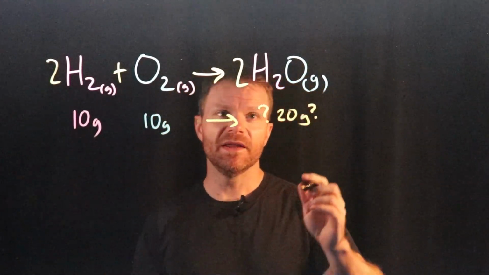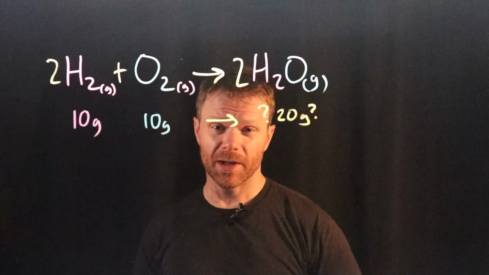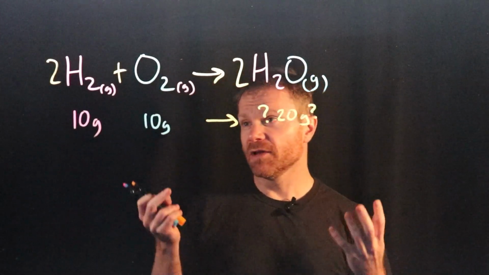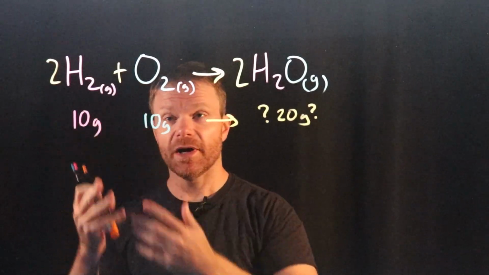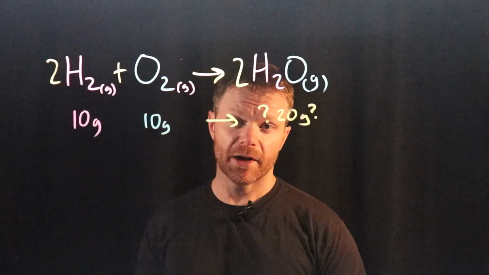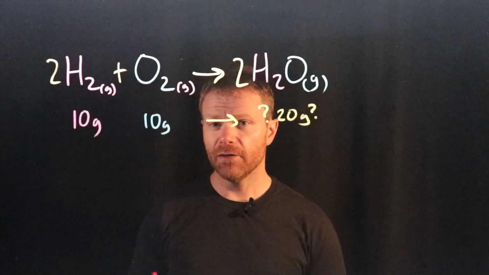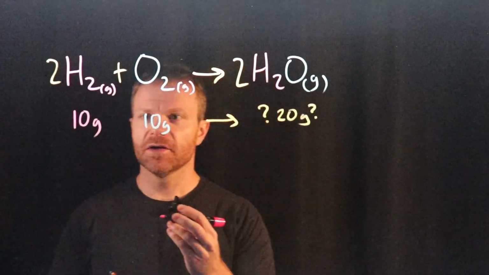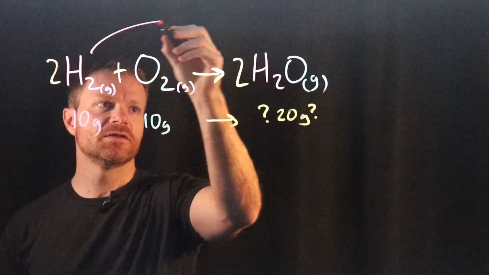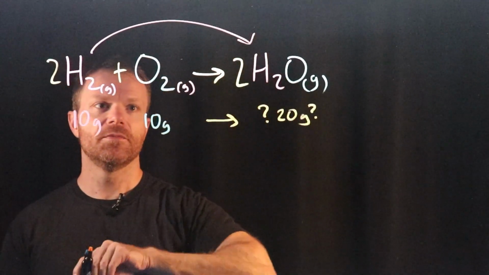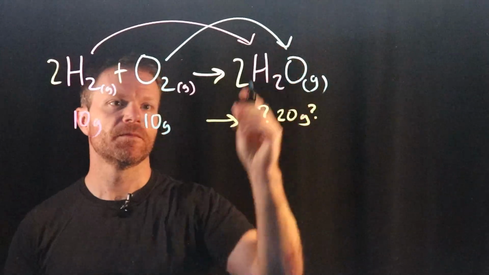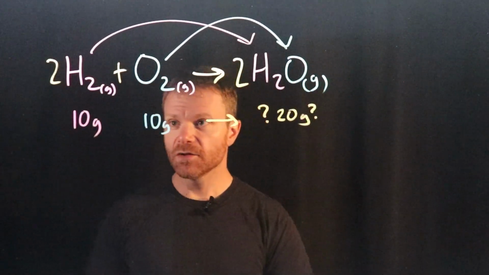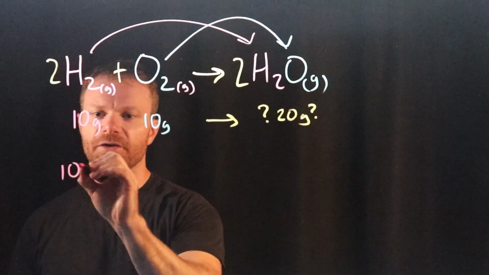But that doesn't mean that we're necessarily going to make 20 grams of water, because again, we might have a limiting reactant here. We might be limited by our hydrogen, or we might be limited by our oxygen. The only way to find out is to go ahead and crunch some numbers. So let's do it. Let's go from hydrogen to water, and let's go from oxygen to water, starting with our 10 grams. Okay. So if we have 10 grams of hydrogen,